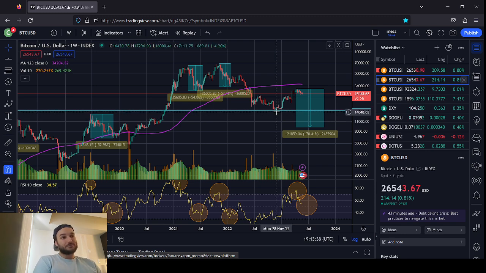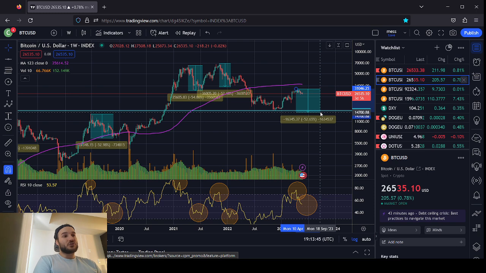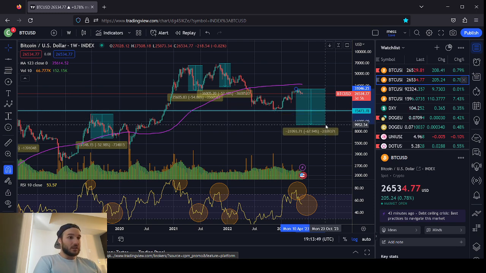A lower low. That's all it takes. And when that happens, I don't expect us to bounce just below this line. I would expect us to drop further. I would expect a lot of pain to come into the markets. And we might even drop lower than that. We could drop,